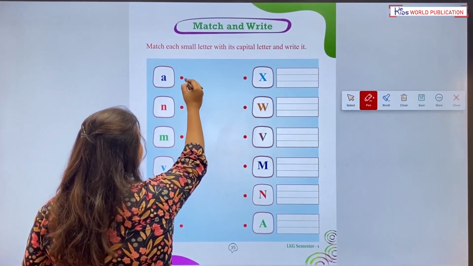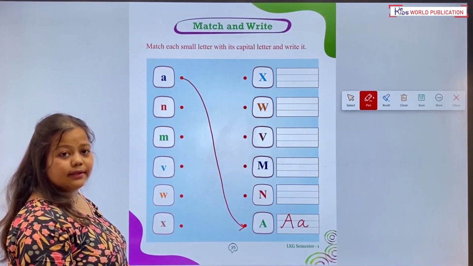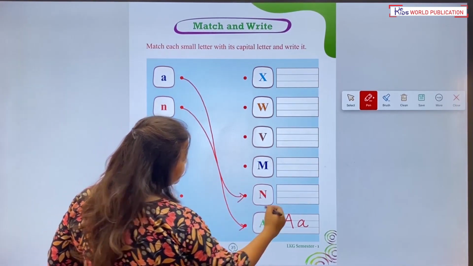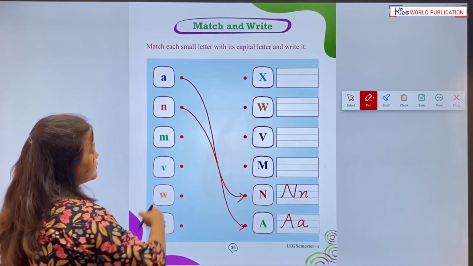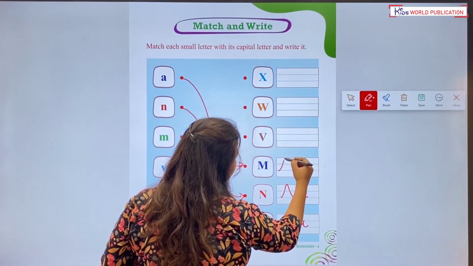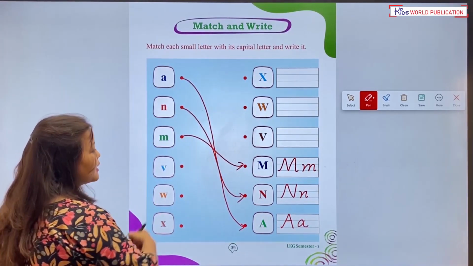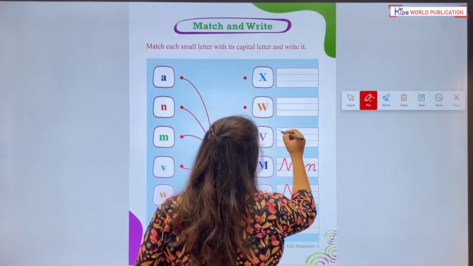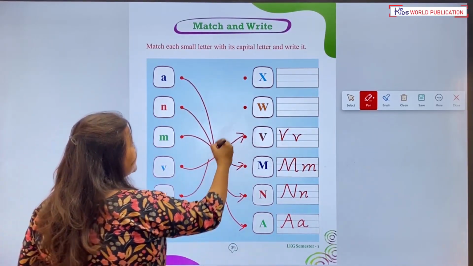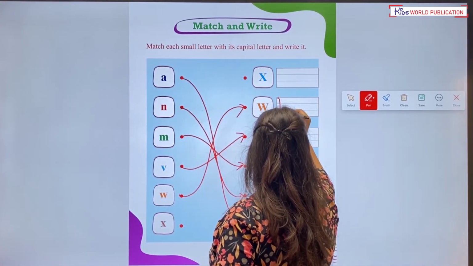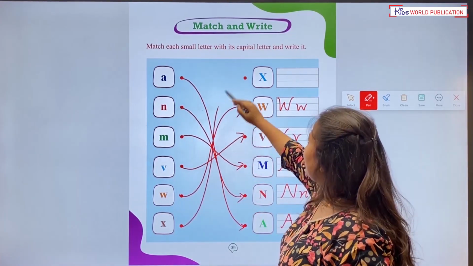Small a, capital A. Small n, capital N. Small m, capital M. Small v, capital V. Small w, capital W. Small x, capital X.